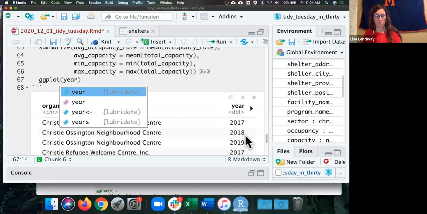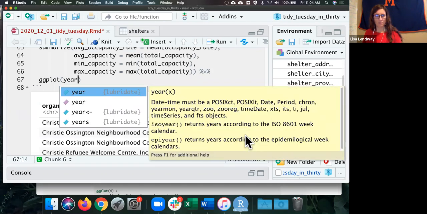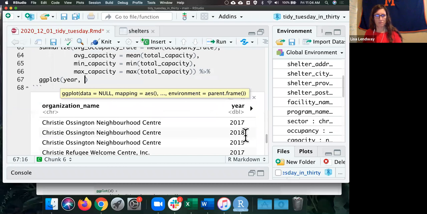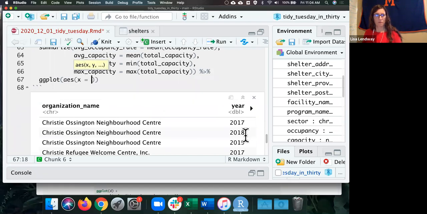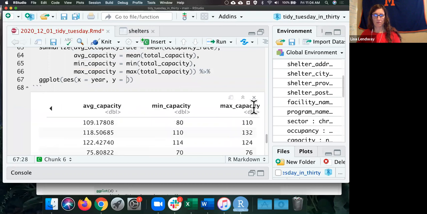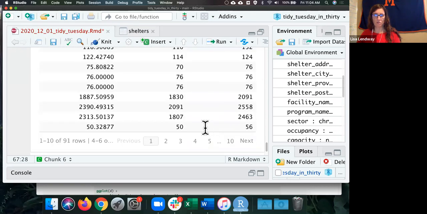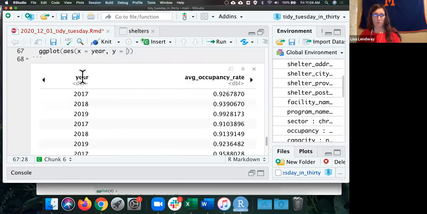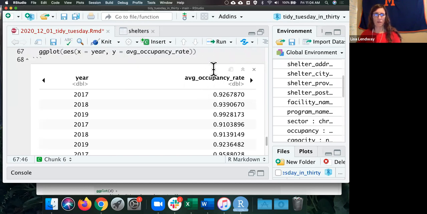Maybe year on the x-axis. And on the y-axis, I would like to plot average capacity. So it does look like some of these capacities have changed. Some of them haven't. But right now I'm not going to worry about that. So average occupancy rate, and